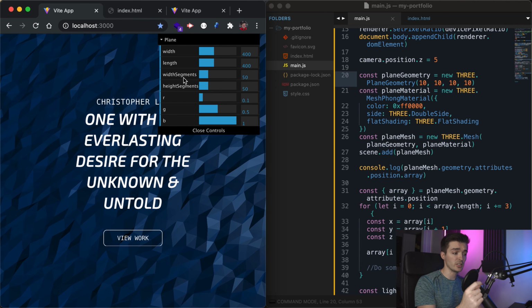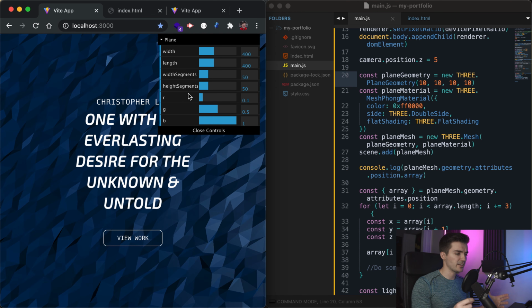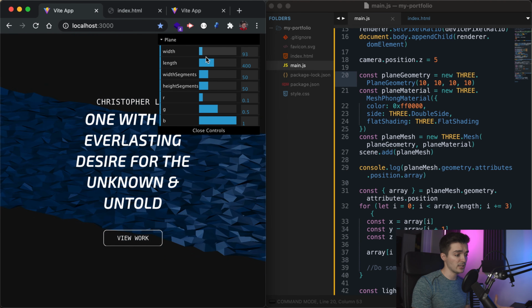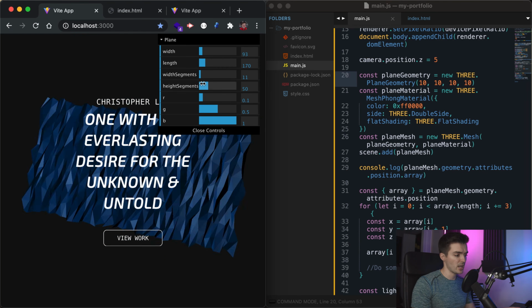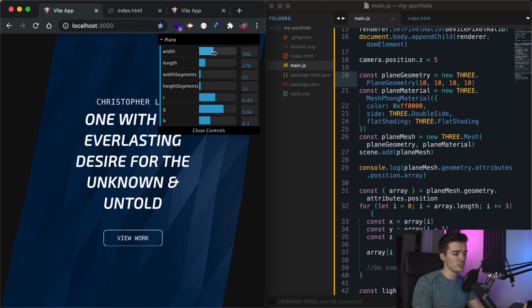It's a graphical user interface to change different things within your screen. Here I've set it up to manage a few properties: the width of our plane, the length of our plane, how many segments are within this plane, both on the width and height section, and then I believe this controls the hover color. Yes, it looks like it does. I can turn this down, it changes to a different color when we hover over it. So you'll see dat.gui makes this really easy to edit and get to the exact dimensions that we would like